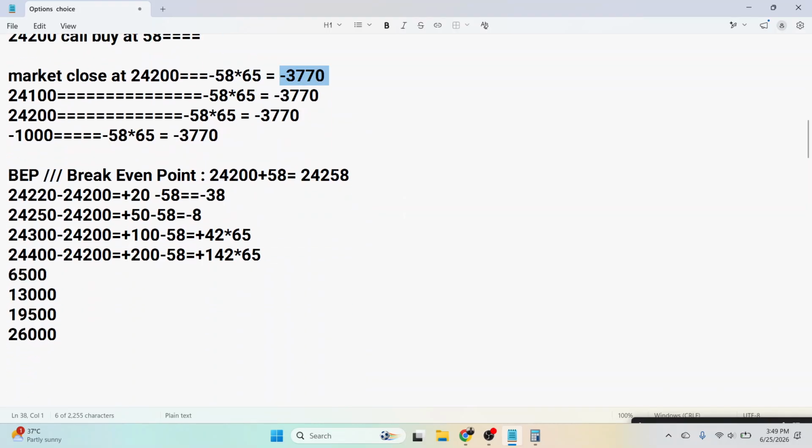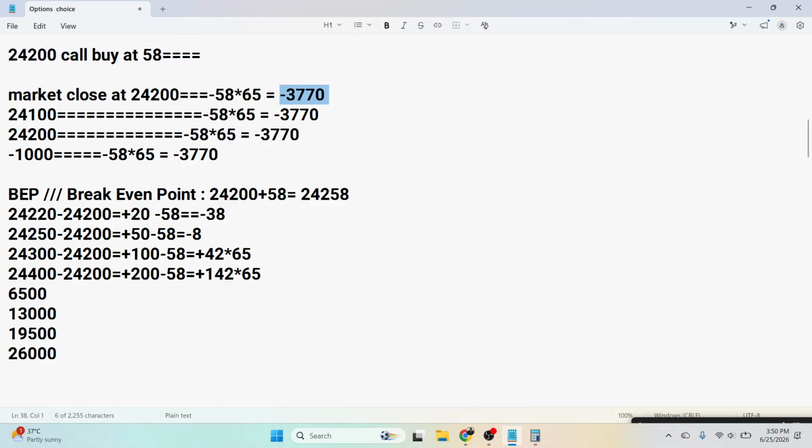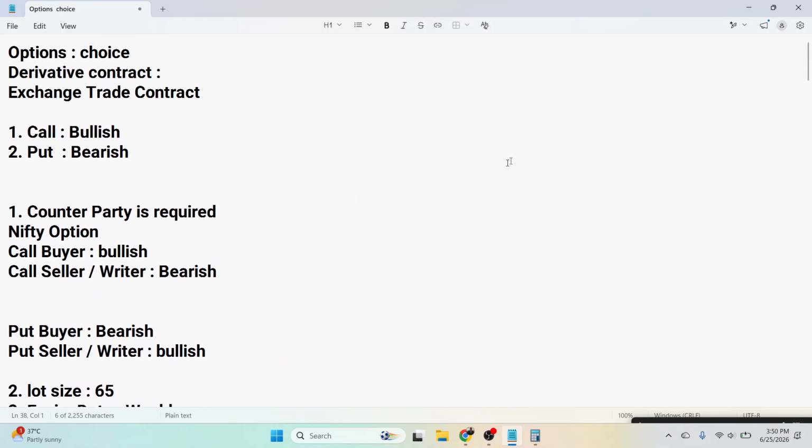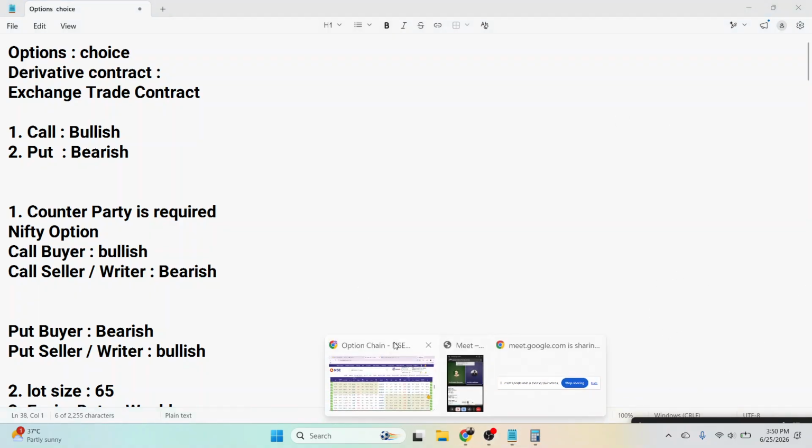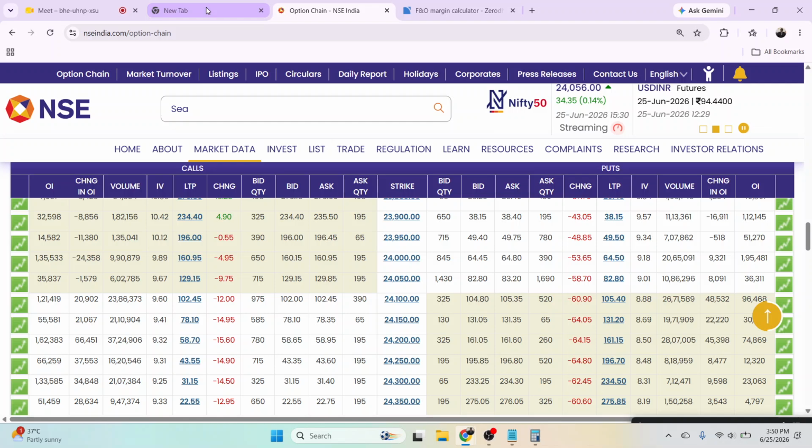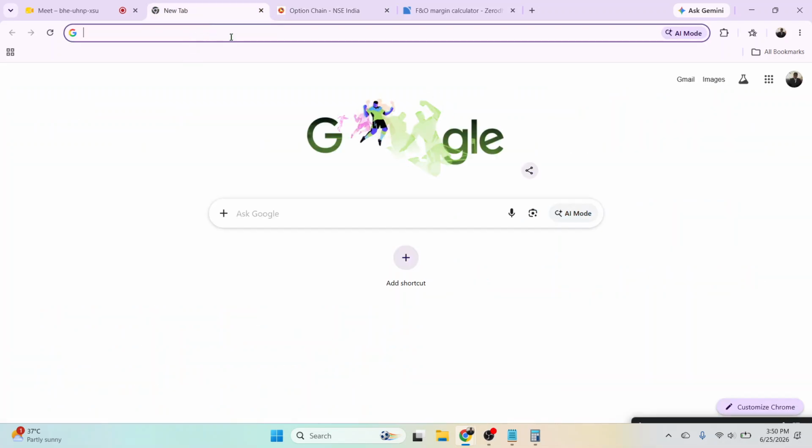ये तो हो गया निफ्टी का। अब हर एक का अपना अलग अलग होगा, निफ्टी का अलग होगा, बैंक निफ्टी का अलग होगा, सेंसेक्स का अलग होगा, एंड सो ऑन। आज मैंने एक ट्रेड करा था, उसके अंदर 3,000 का प्रॉफिट हुआ। तो एक ट्रेड दिखाता हूँ मैं, ठीक है। और सेंसेक्स की आज एक्सपायरी थी, ओके।